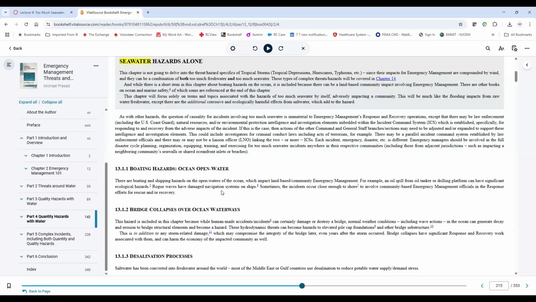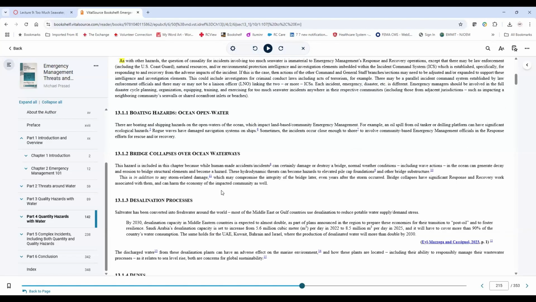Then we've got the bridges collapsing over the ocean waterways. This is where your example from the Francis Scott Key Bridge, sorry, get that right, and certainly I have some other examples that I had put in here before when the substructures and other things get impacted. So the damage to the bridge itself, and of course the collapse of a bridge like it was in Baltimore, is massively significant along multiple areas: community lifelines, ESFs, RSFs, the whole nine yards.